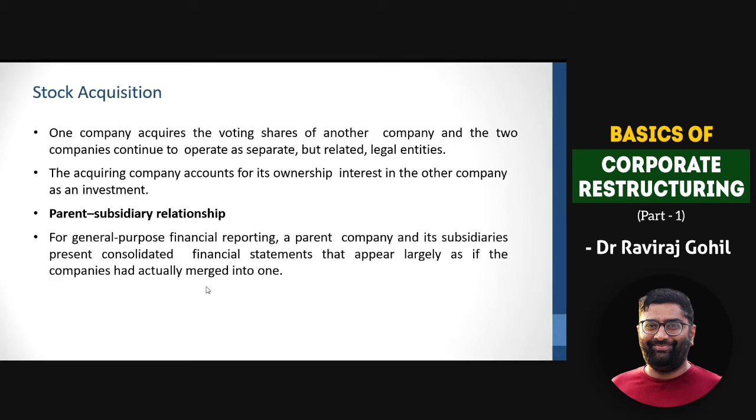So when you do the stock acquisition, there is something called a standalone balance sheet and there is something called a consolidated balance sheet. I'll try and explain with the help of an example. Let's say company A is a parent company and company B is a subsidiary, where company A owns company B. In the standalone financial statements of company A, all the details related to company A will be presented. But when you prepare a consolidated balance sheet, company A's balance sheet will be merged with company B's balance sheet. So that is called a consolidated balance sheet.